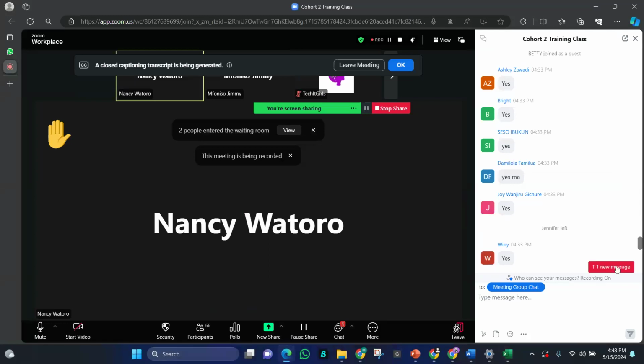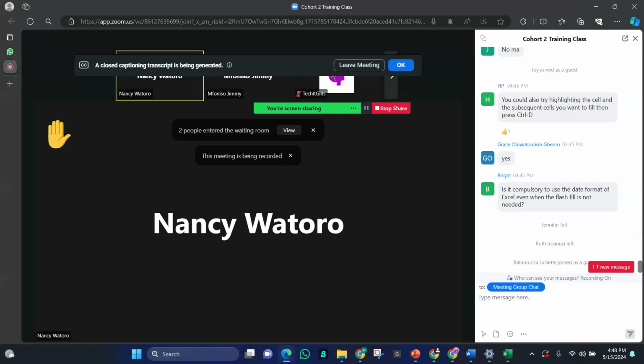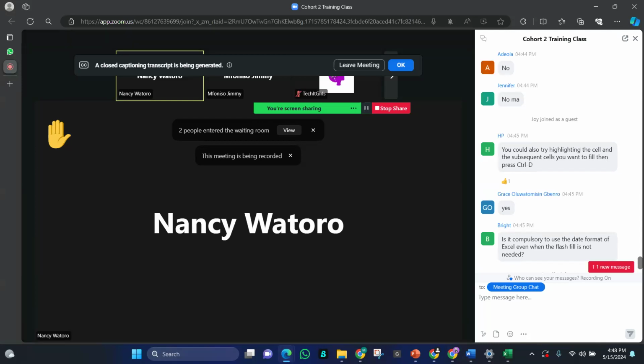Okay, hi. I just wanted to clarify, when it comes to the same date, you want to duplicate the same date. Does that mean we cannot autofill on several columns? Because I'm trying to autofill on like four rows, but it's not working. So the duplicate only works per row, one row at a time.